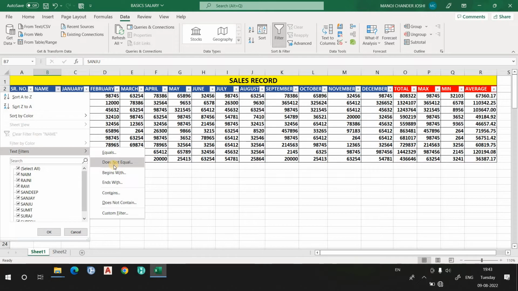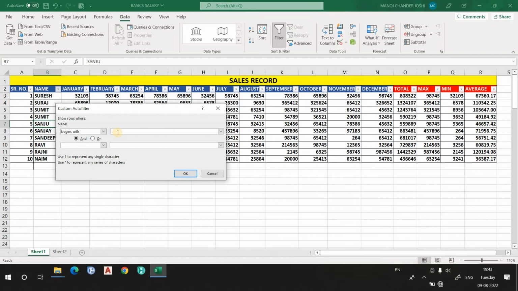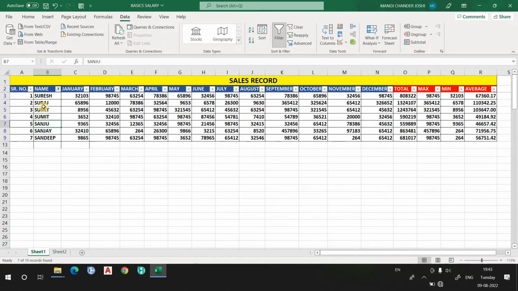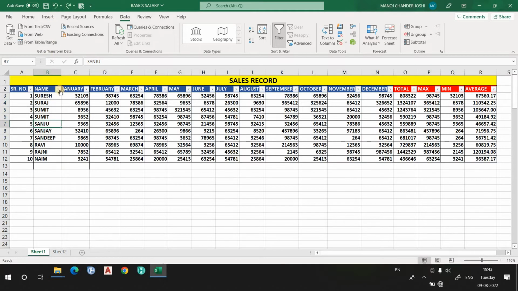Now, does not equal to: let's suppose you want to check the performance of all the employees except Suresh, so simply use does not equal to. Begins with: let's suppose I write S, meaning I want the names of all the employees which start with S. So you will see S. Got my point? That is the significance of the filter.